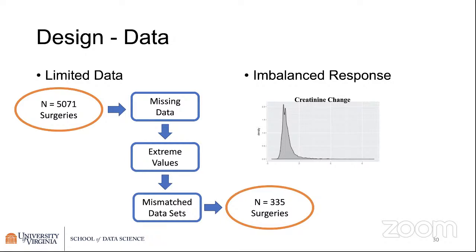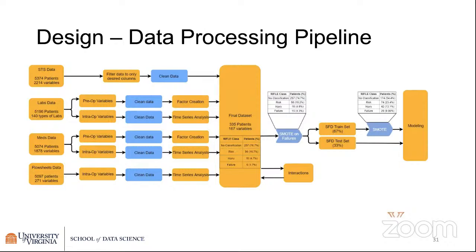Creatinine changes, just showing you a little bit of that imbalance, that it's imbalanced in certain ways that does not allow us to apply these models as effectively without doing other things. We need to reach into our bag of tricks and understand how to go at it. The design, there's a lot of this in the design area here. Clearly, this is just to tell you that in order to do this problem, a lot of work was spent in order to get the data to the point that we can actually use it very effectively. I'm going to point out only one piece here in the middle, and that's that in order to deal with this missing data and characteristics, we use simulations, okay?